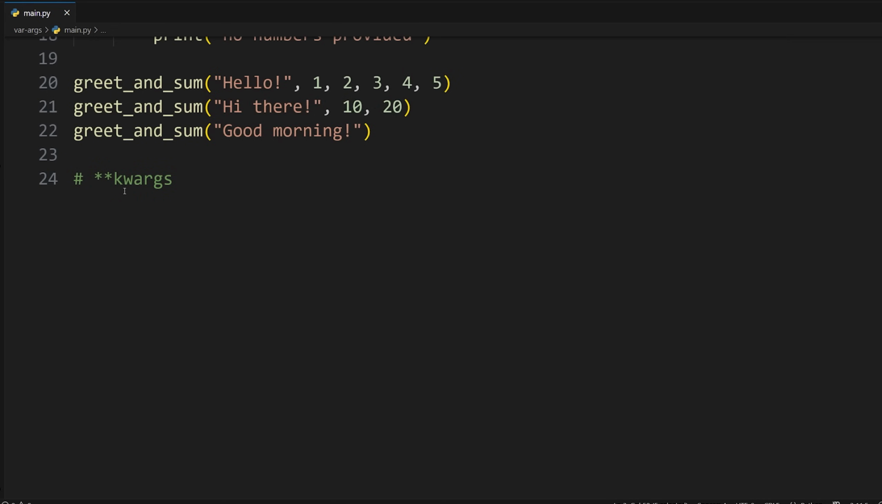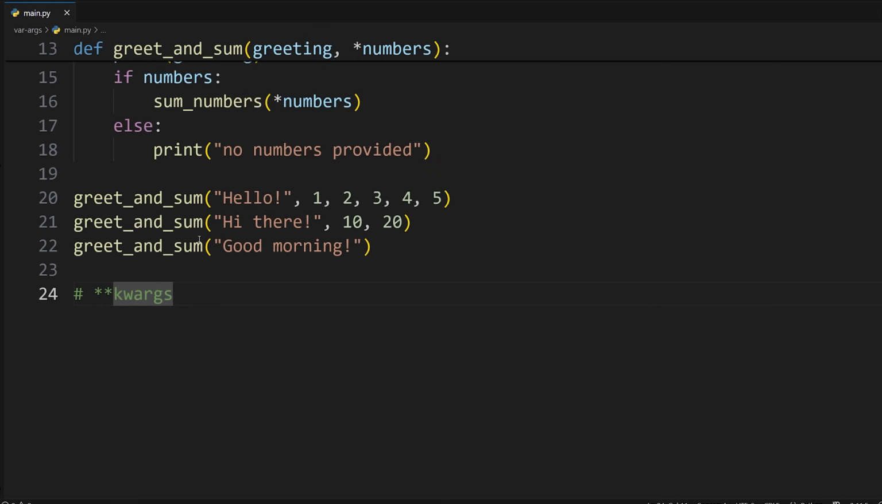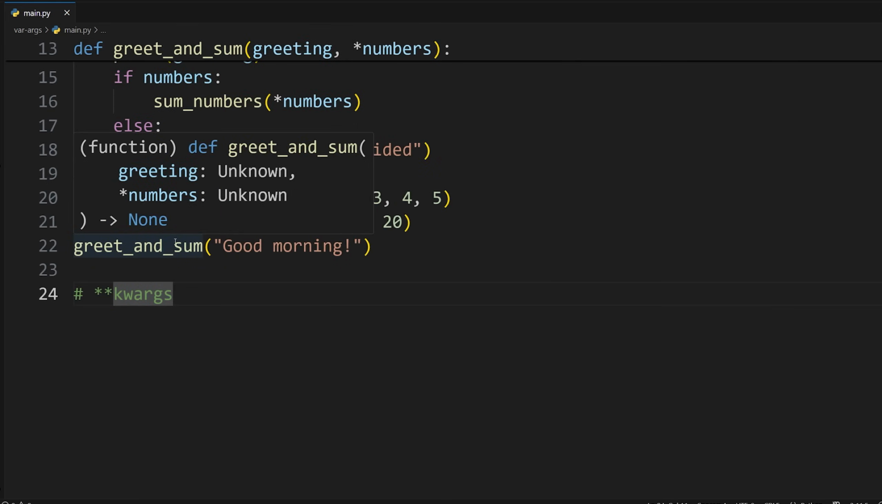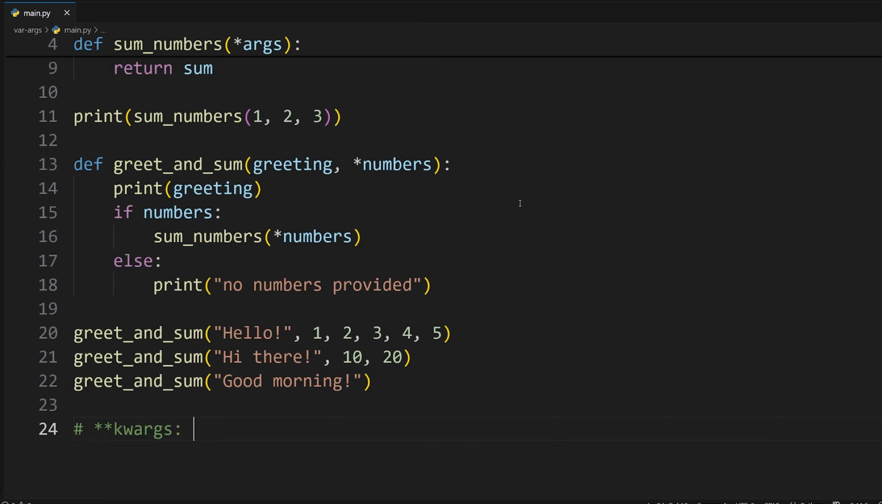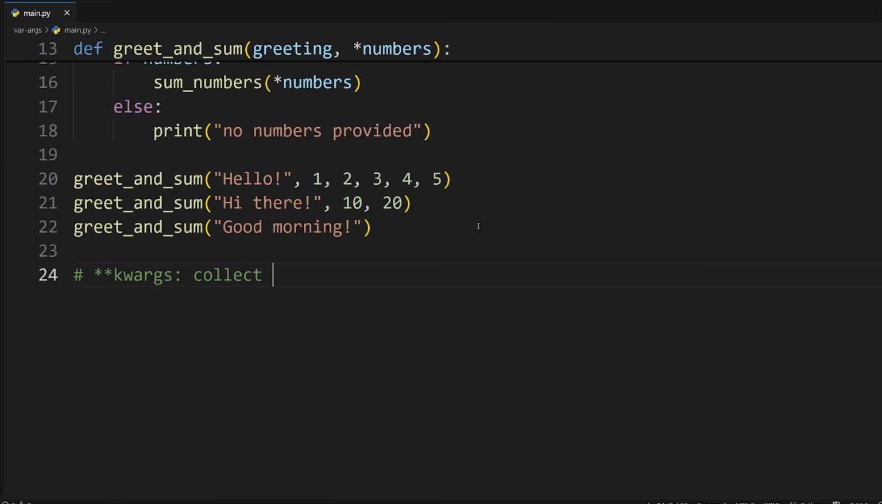We also have star kwargs. I've never heard this actually pronounced out loud, so I usually read it, and I don't know how to actually say it. How do people usually say it? So I just call it kwargs. But what it does is instead of collecting positional arguments into a tuple, it's going to collect keyword arguments